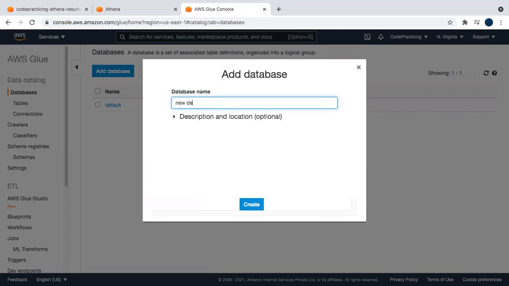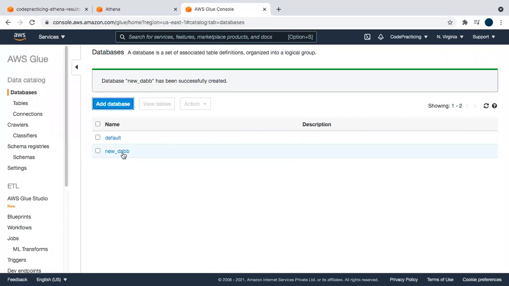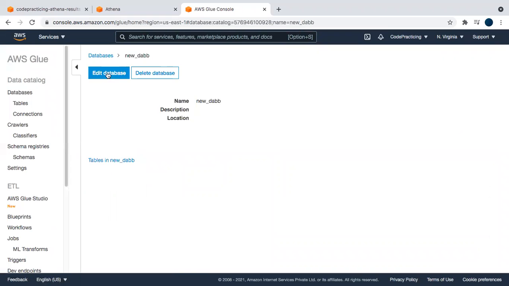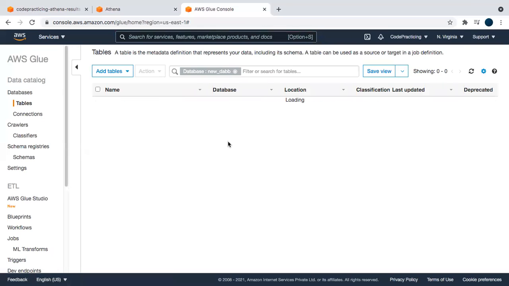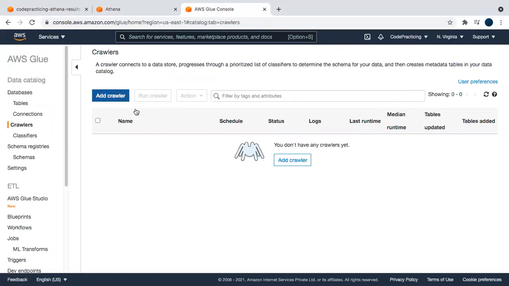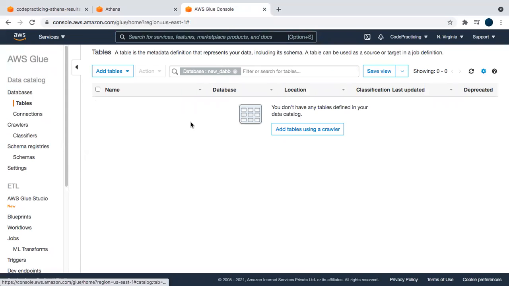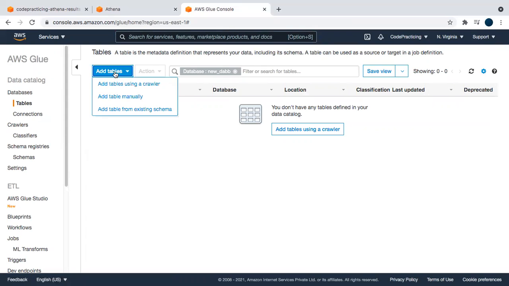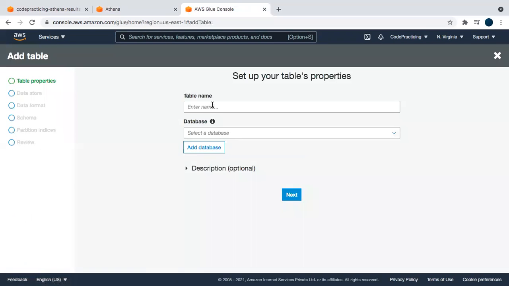New DB, create new table. New table manually.